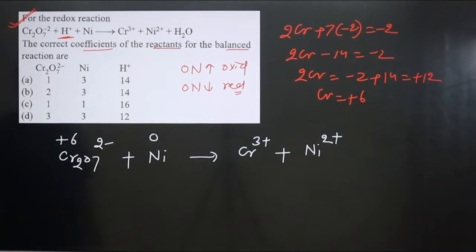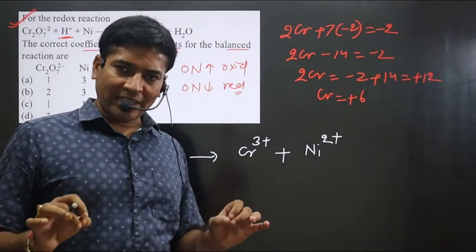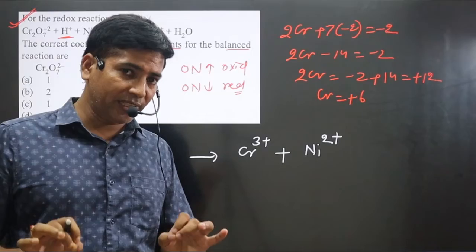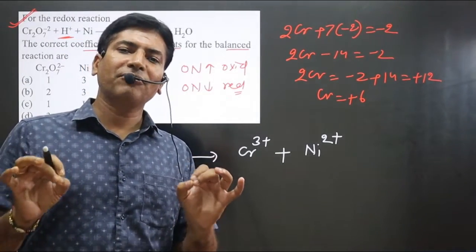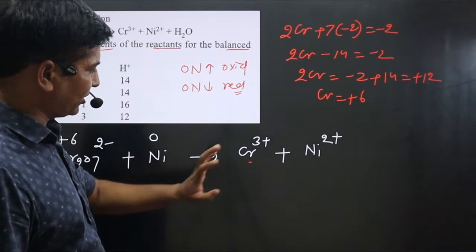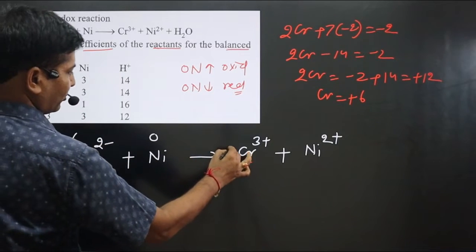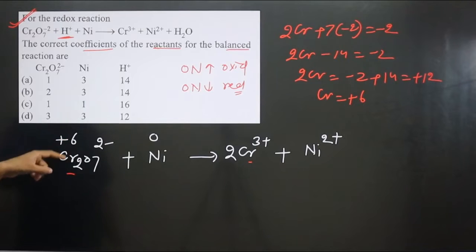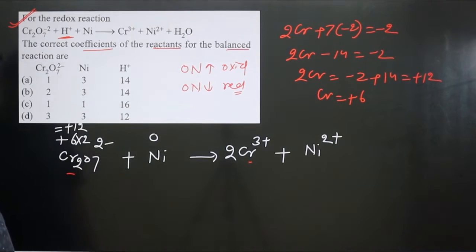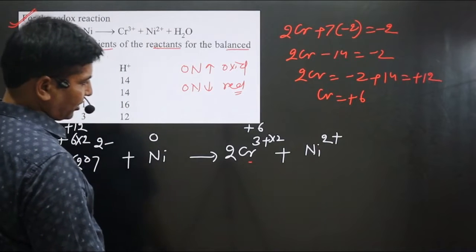Compare the oxidation numbers, and always keep in mind, while balancing, always balance the number of atoms before balancing the charge. I repeat: always balance the number of atoms before balancing the charge. You can see how many Cr are there: 2 Cr. On the other side, how many Cr? Only 1 Cr is there. So I do one thing, I multiply by 2. The number of Cr is balanced. 1 Cr is plus 6, then 2 Cr will be present in plus 12 oxidation number. 1 Cr is plus 3, then 2 Cr will be present in plus 6.